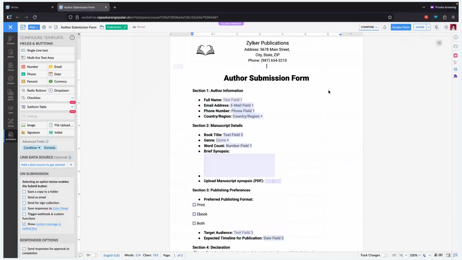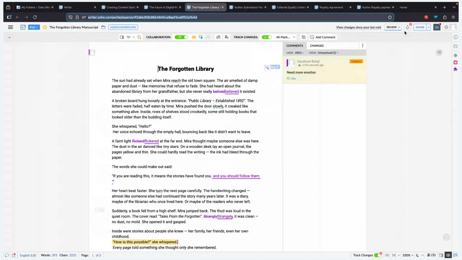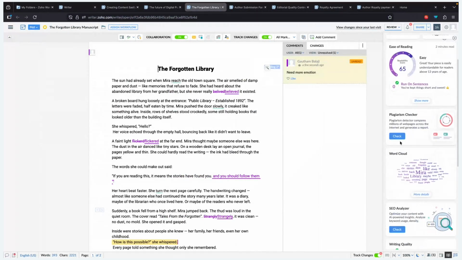Here in this case, let me go back to that document and you can see that there is a plagiarism checker. I can just click on check so that the document will be entirely scanned, and it will check for the originality of the document and provide you the score. So these are the various options that we have, and we also provide options like autocorrect, and we have a